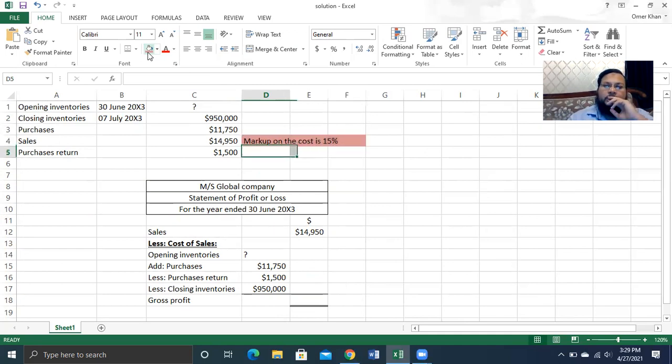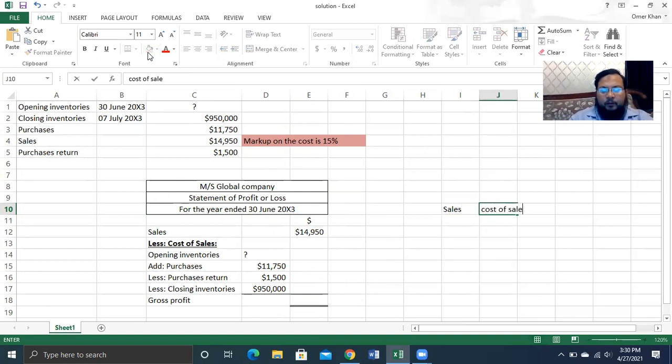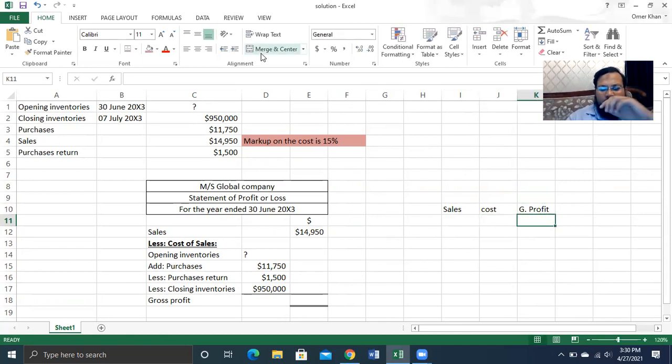Okay, just have a look at this question. How do we calculate the gross profit? So students, pay attention. We have sales, and we know the sales is the combination of cost and gross profit. So when we say that the 15% markup is on the cost, then the cost will be 100%. This is extremely important information,